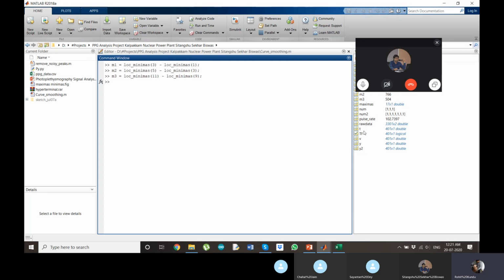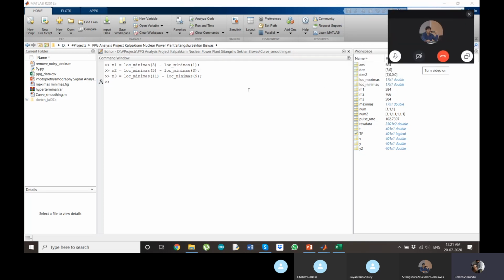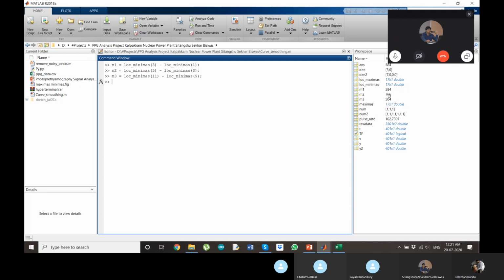So the average, you can see in the workspace here, the values. The second one isn't that right actually. It's around 97.